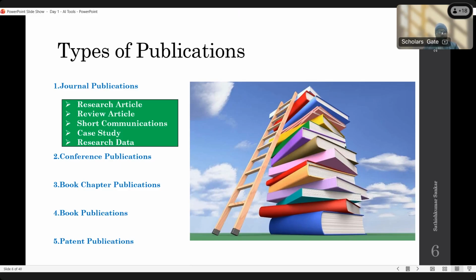Next thing, conference publication. Everyone knows we can publish our article through a conference. But what is the problem here? I have published one article through a conference and one through direct journal publication. When we go for an interview, one journal article gets 4 marks, but one conference article gets only 1 mark.